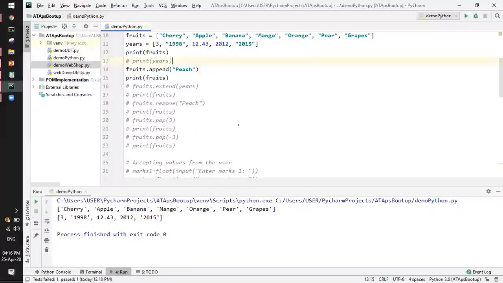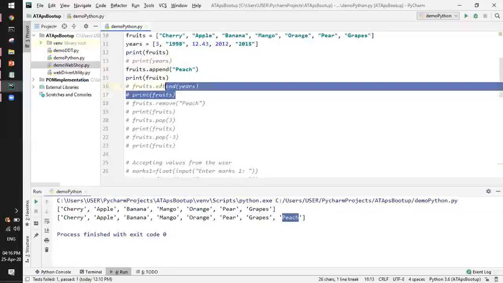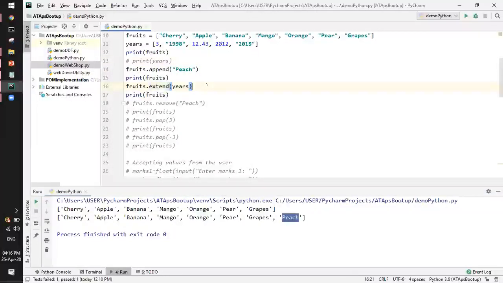You can see that before the append, it had these many values, but the extra value peach is appended at the end. And another feature in Python is that we can extend one list with another. Fruits is a list which has all string type values inside it, but we can also extend it with another list.